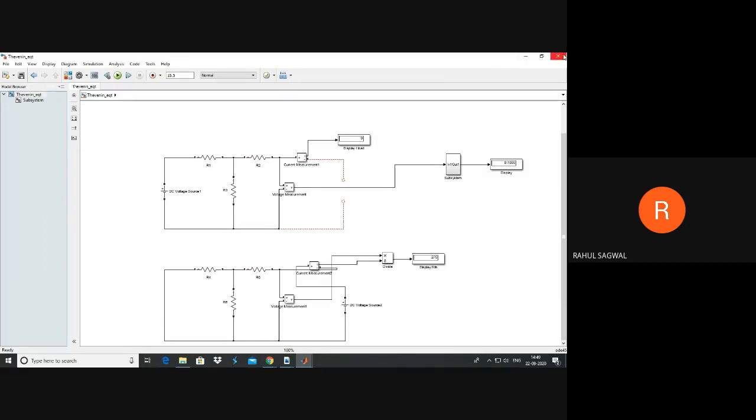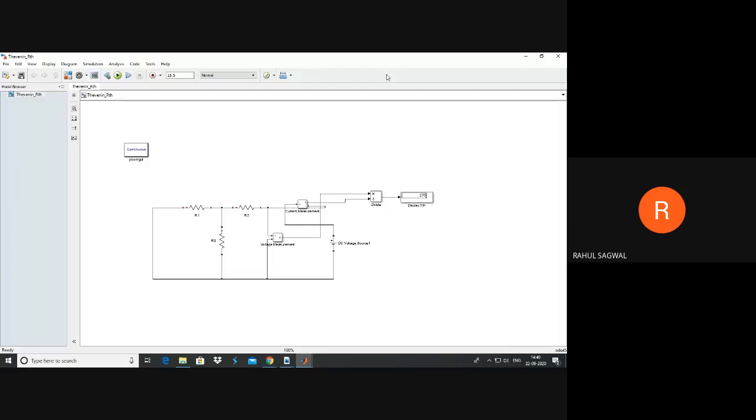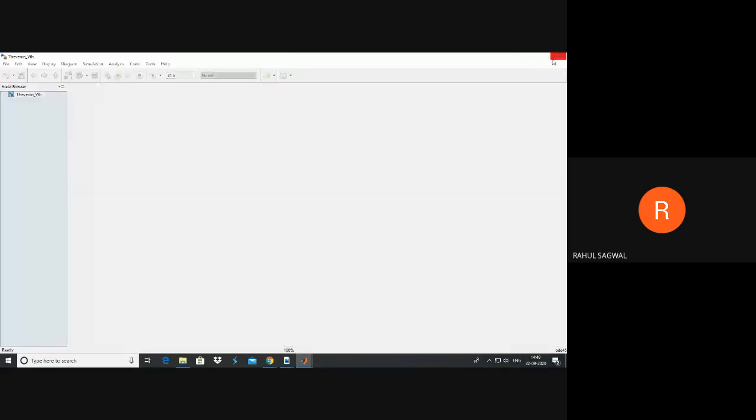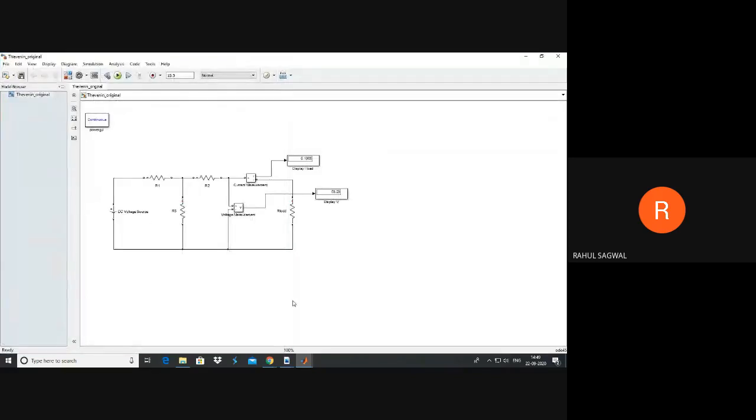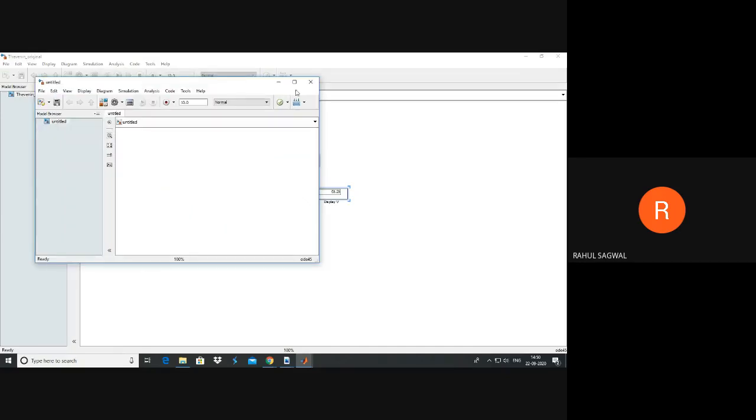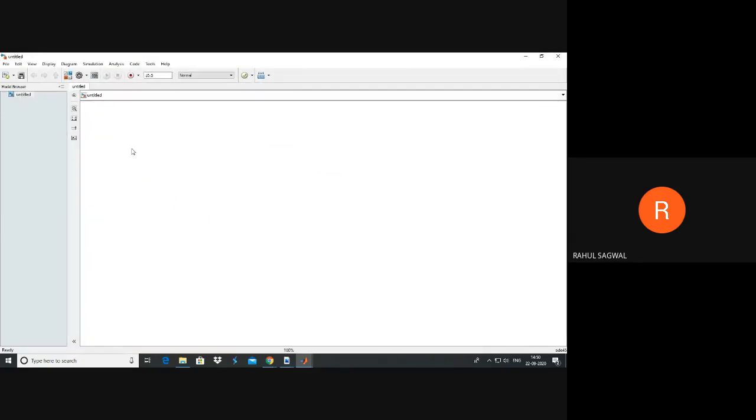Next, similarly, we are going to now perform Norton's theorem. What will be the changes? We'll start with this diagram only, Thevenin's original circuit only. So for that, first of all, create a new model or new blank file.